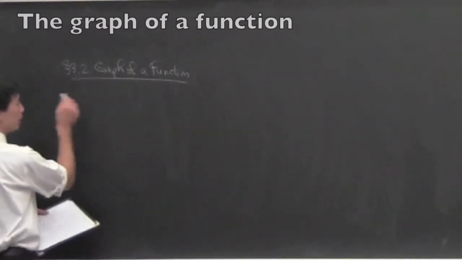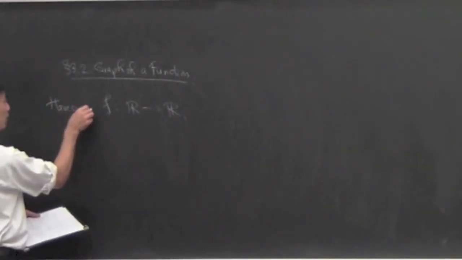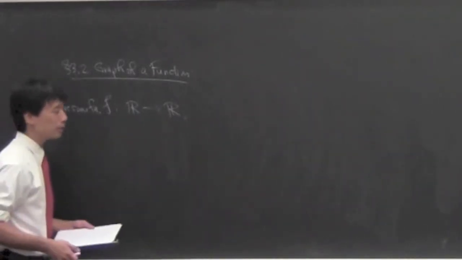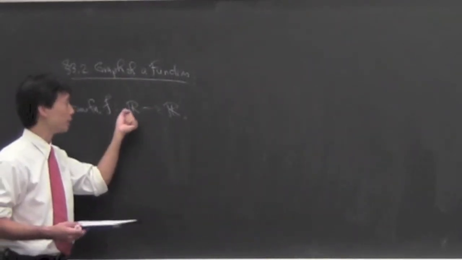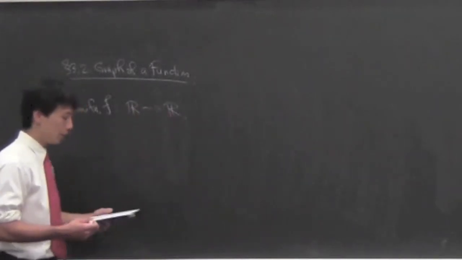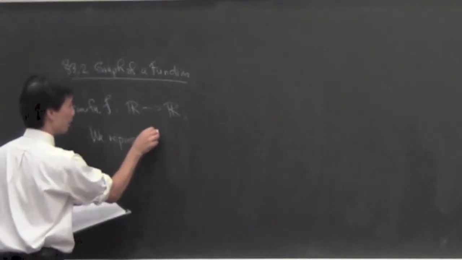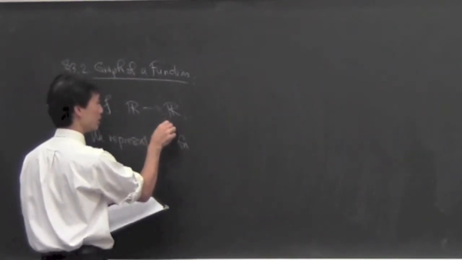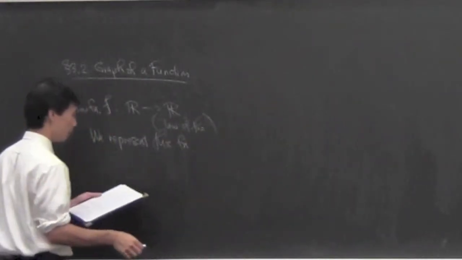Okay, so you start off with some function f from R to R, say. This is really a rule, a law associating to each point here some unique point over here. But we represent the function, or if you want to be specific, the law of the function, graphically,